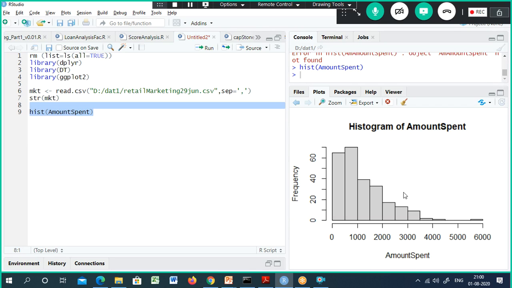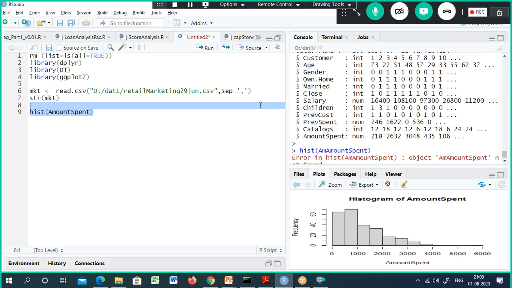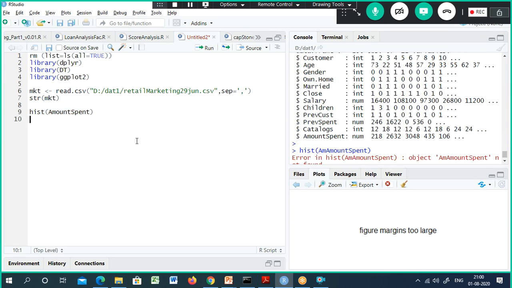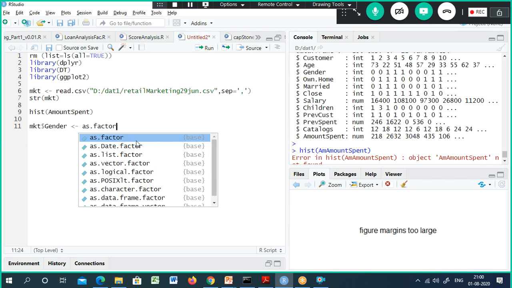So this is the amount spent distribution. The next thing we will do is convert the married, gender and other columns into factor variables, because those are all categorical variables.